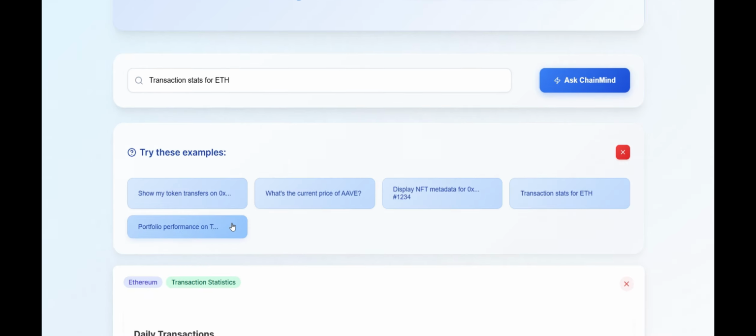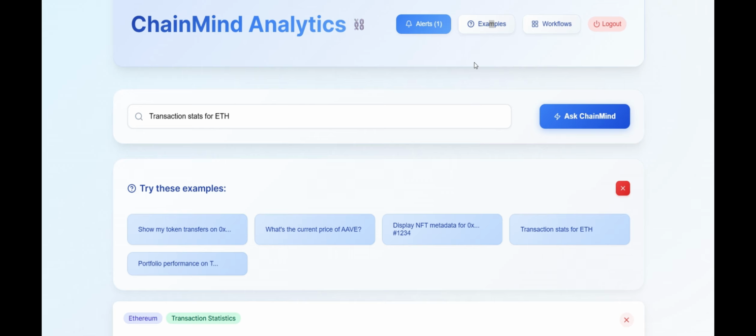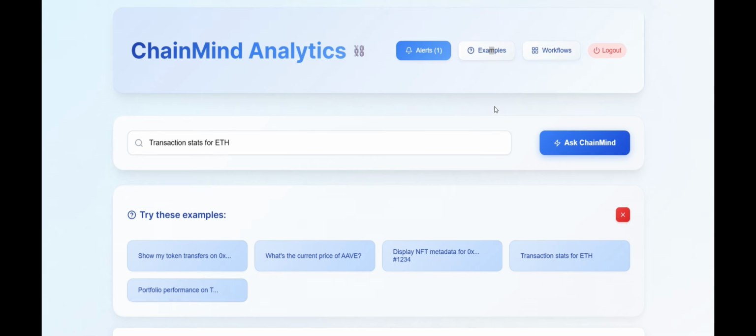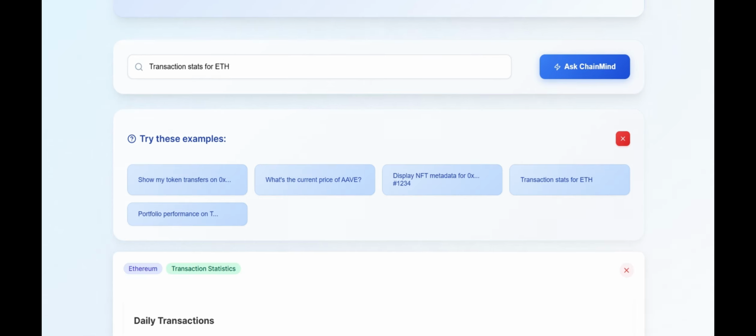It's similar to token transfers, but all these four queries were related to the Ethereum chain, and ChainMind is not limited to the Ethereum chain. You can also see your wallet activities for Tron, Bitcoin, XRPL, and Dogecoin chains. But we won't go through all of them one by one. When we're in the workflow section, we'll cover these there.